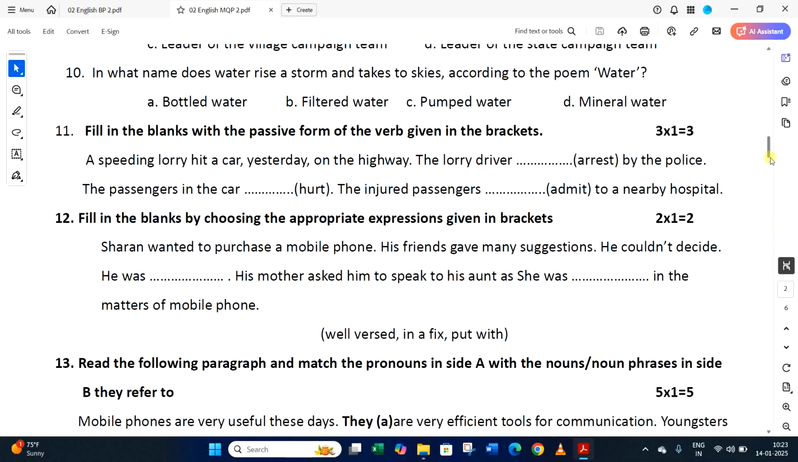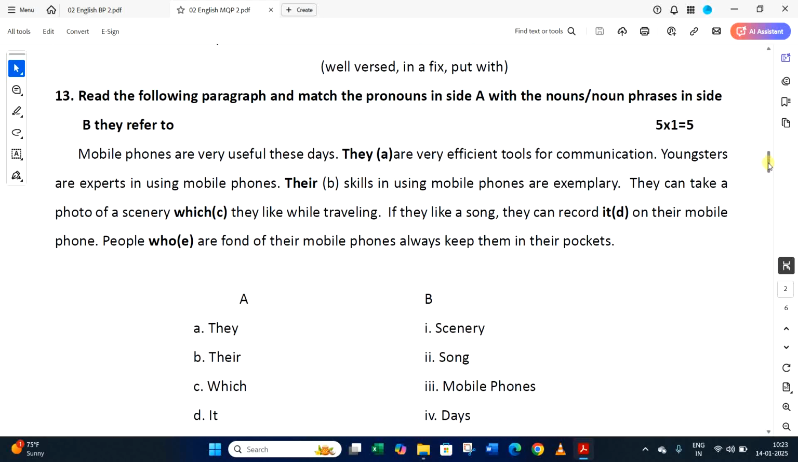Moving to the next question, that is question number 13, and that is all about pronoun inference. Read the following paragraph and match the pronouns in side A with the nouns and phrases in side B that they refer to. So this is all about pronoun inference, my dear students. We have to read the passage carefully, which is hardly 4 to 5 lines, very thoroughly and appropriately,